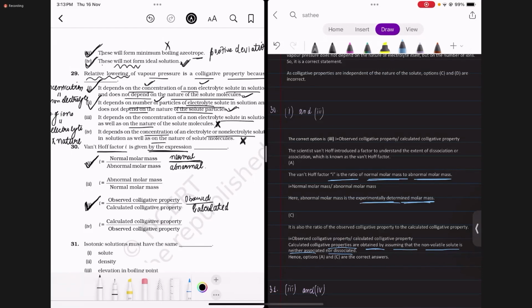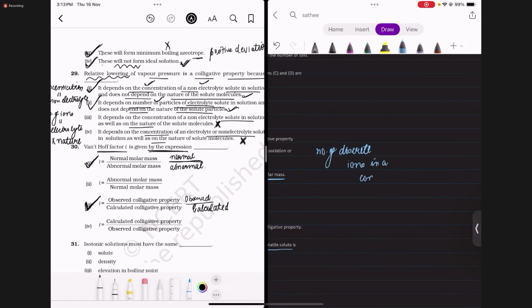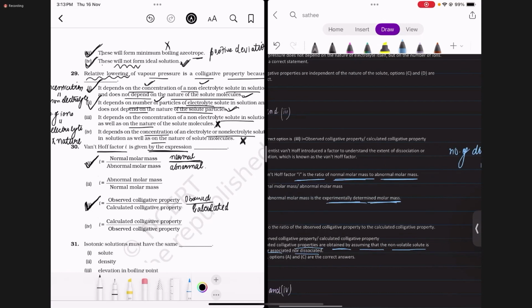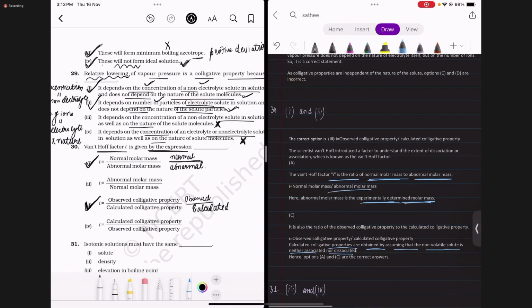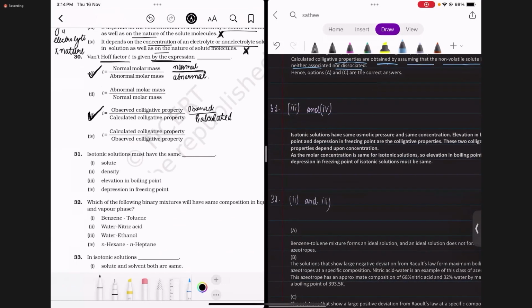तो जो Van Hoff factor होता है that is equal to the number of discrete ions in a compound, and जब इसका हम formula लिखते हैं so it is equal to normal molar mass by abnormal molar mass. Abnormal molar mass is the experimentally determined molar mass, and also it is equal to observed colligative property by calculated colligative property, which is calculated during an experiment. So these expressions are equal to the Van Hoff factor. Now we come to question number 31. So question number 31 जो है